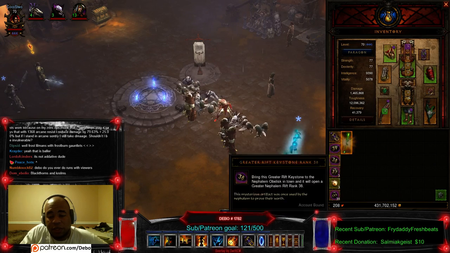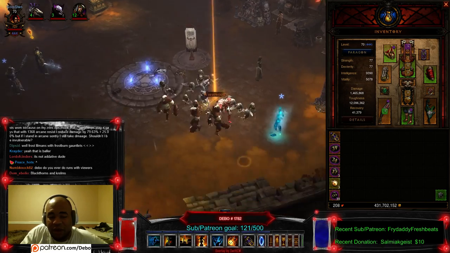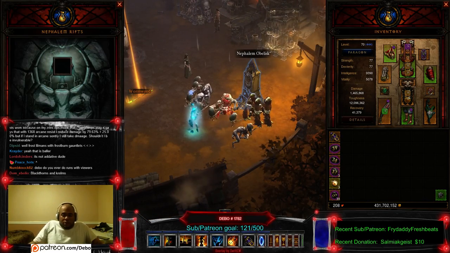T6 runs with a poison build. As you can see, it runs real solid. I mean, just like any build would. T6 is not that hard, but you saw how fluid and easy it was to run. Now we're going to start off with the